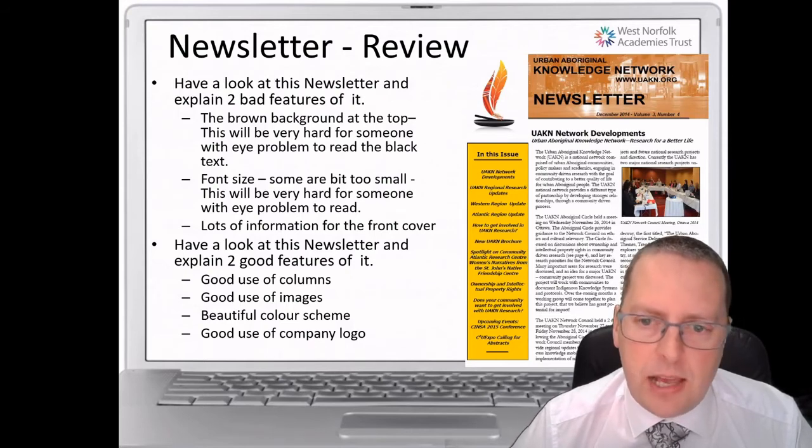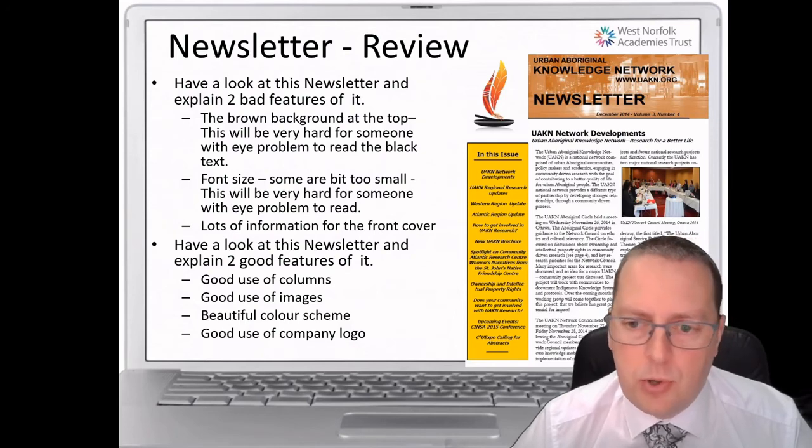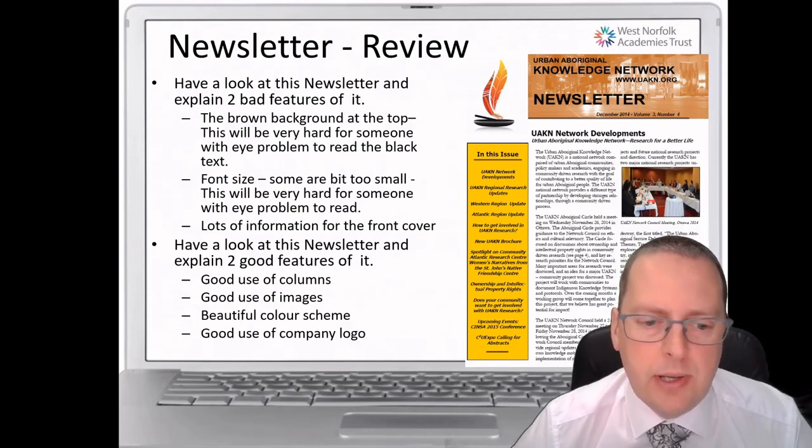Good features, the yellow block on the side stands out well. It sections off an area. The company logo is prominent and works well there. The fact that they've got an image that is to do with the story that's being written about is also